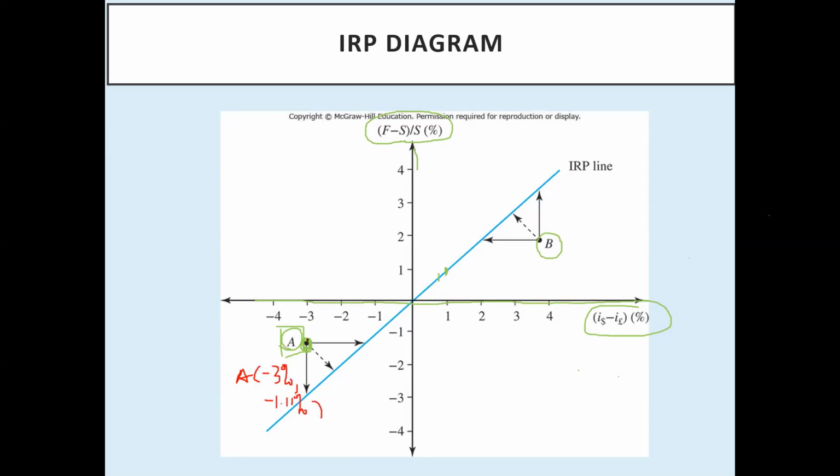So in this case, it looks like the IRP does not hold. So when the interest rate is lower than the exchange rate, in this case,